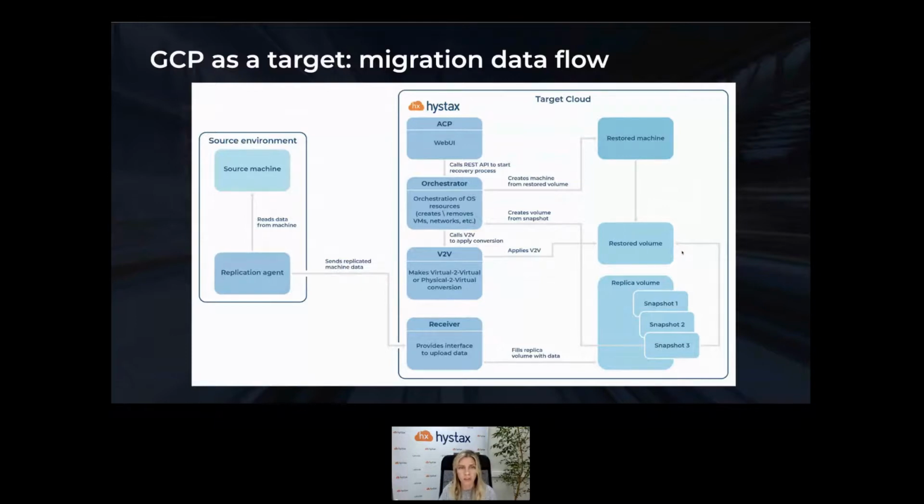Cloud Agent writes data to the disks. We create snapshots finally to complete the replication process. And here the replication process is actually complete. Quite a simple process of getting the data to the target cloud,